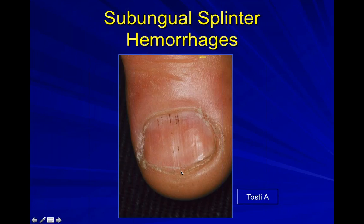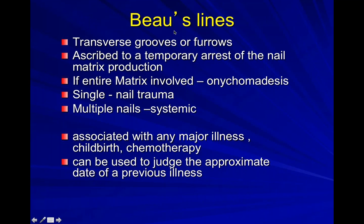But unless you have a recurring condition or recurring trauma, that's going to create those splinter hemorrhages. If you look at this with a dermatoscope, you can clearly see that it's hemorrhage or blood versus a pigmented lesion. Beau's lines, as we talked about briefly, are transverse grooves or furrows that are ascribed to temporary arrest of the nail matrix production. It's not the entire matrix, because if it's the entire matrix, then you're going to get